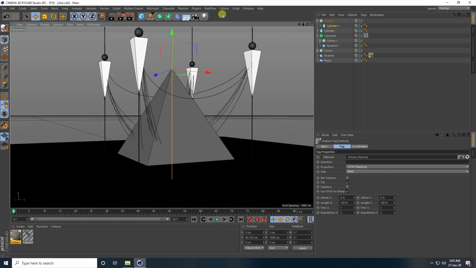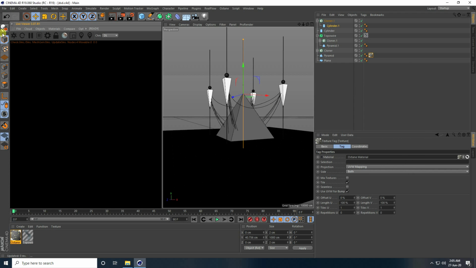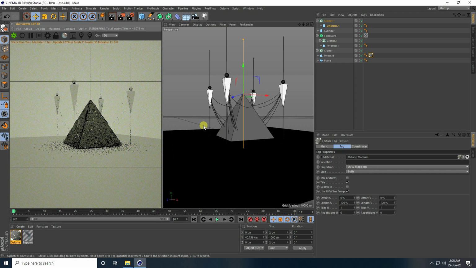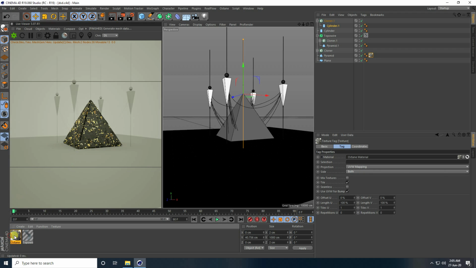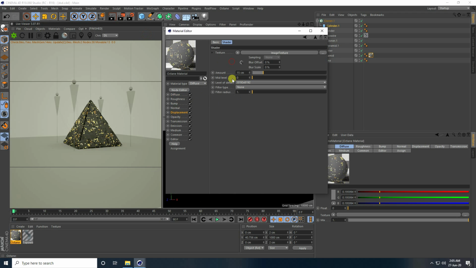Yes, right. Okay. So guys, go here to Octane and use the live viewer window, select this window, drag and drop it on the left side and render. Right. Okay. So yeah, better. Guys, I also decrease the mid count, so go to displacement and increase mid level like 0.4.